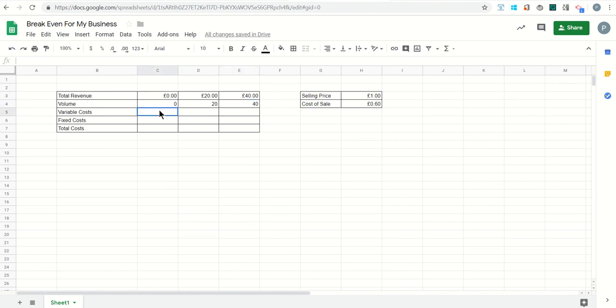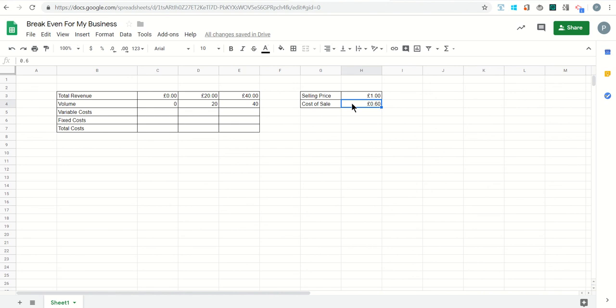Okay, we now need to work out something called variable costs, which are where we take that cost of sale. That 60p there represents all the flour, all the bits of egg, all the bits of sugar, all the bits of chocolate chips that are going into that one cake. And we multiply that by the amount of cakes sold, so we get our variable costs. So that cost of sale means for one of those items how much it costs me to